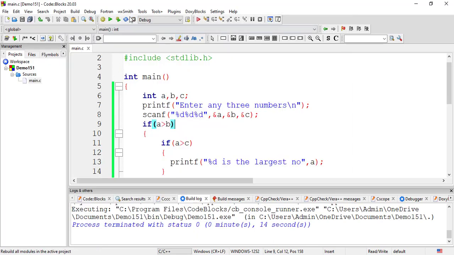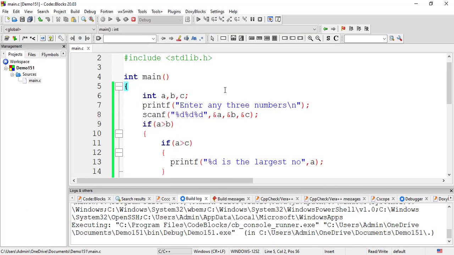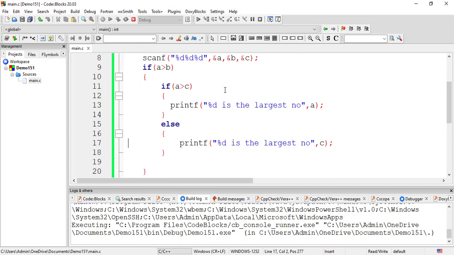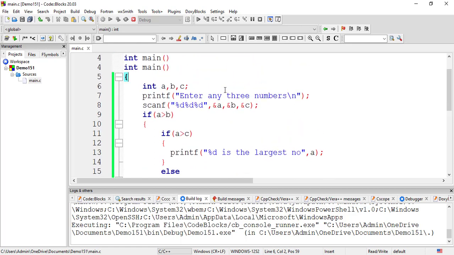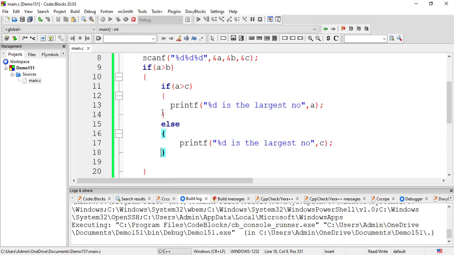Even this order is not necessary, you can enter in any order, right? For example, let's say 89, then 987 and 45, any 3 numbers you can enter, and it says that 987 is the largest number. So basically what we did till now is we are able to find out the largest of 3 numbers, but the restrictions that we applied is we have used only the relational operator like this greater than, and then we have used the nesting of if. So inside the if we have used if else. That is what you mean by nesting.